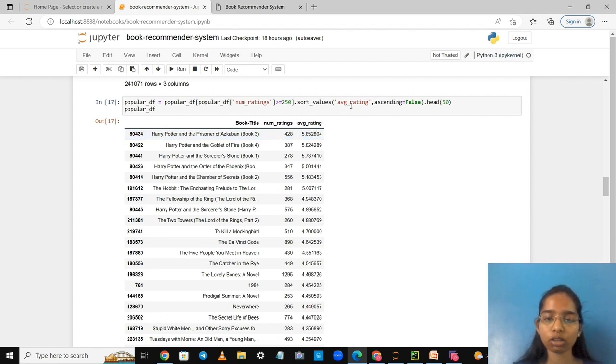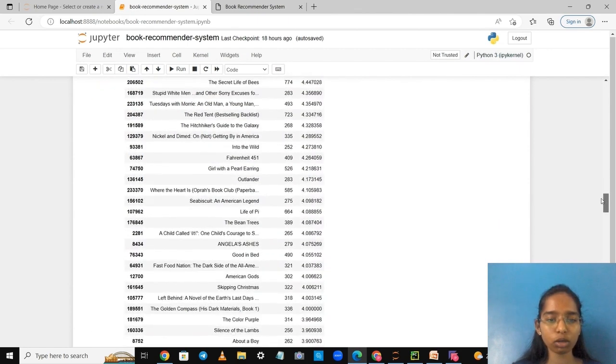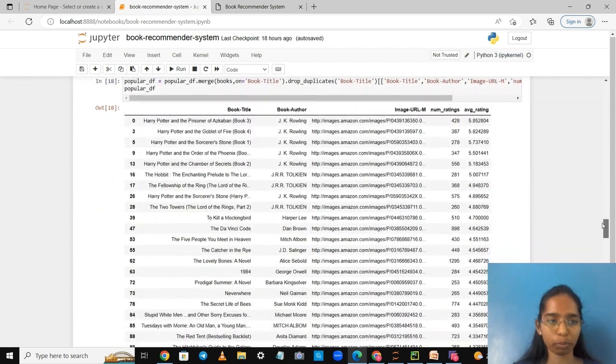So on the average rating, we are sorting the dataset. Ascending equal to false means we'll sort it in descending order. The higher the rating, the earlier the book appears. And head of 50, as we are going to show only 50 popular books on our website front page. So in popular DF, we have the top 50 popular books which we are going to show on our home page.